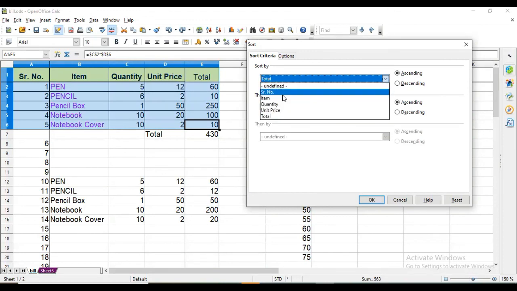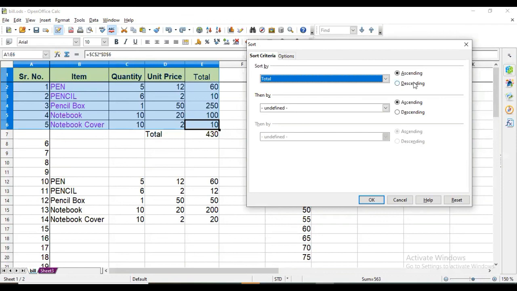So here we are taking Total. And then total ascending or descending. If we select ascending, then the least value will come up in the first place, and if we select descending, then the largest value, that is 250, will come at first place.